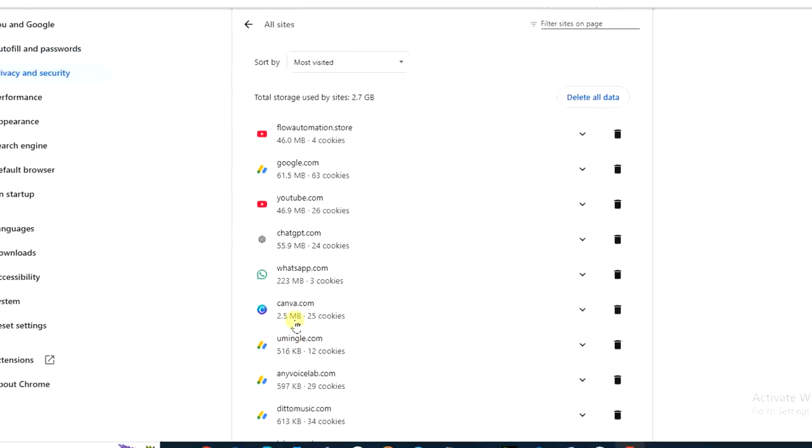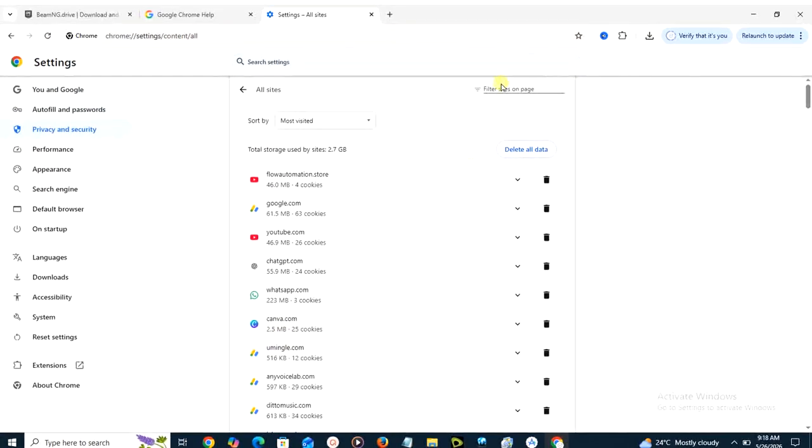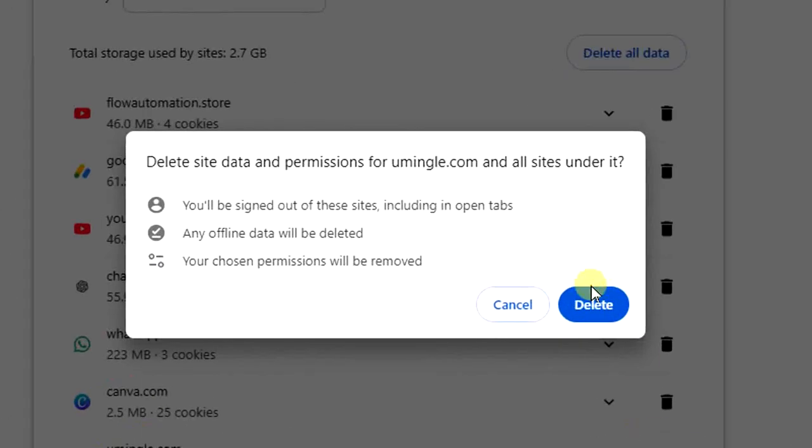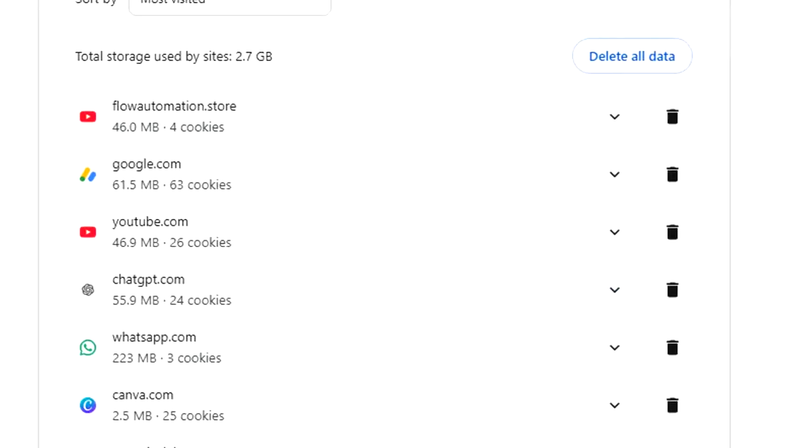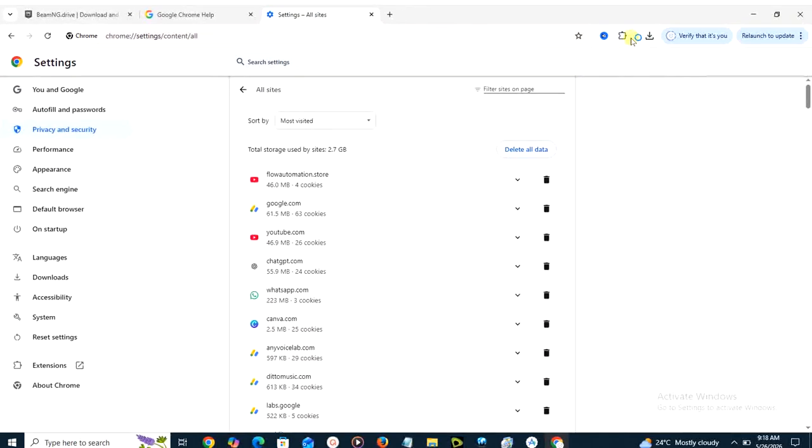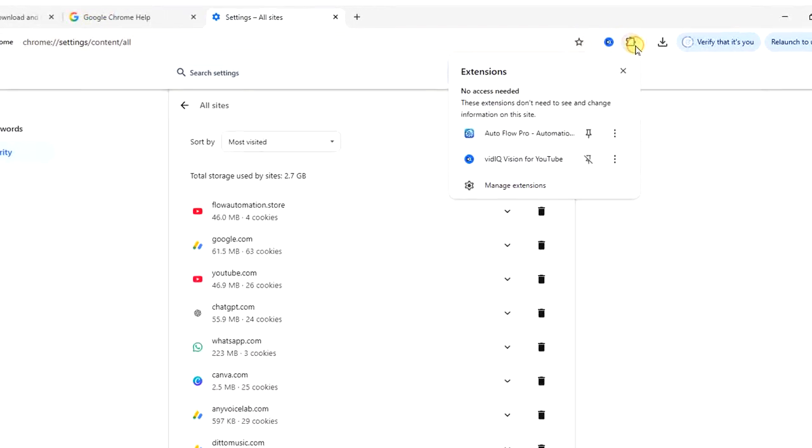Click on that, and once you click on that, you're going to search for the website that is having that issue, and you have to delete. So you just have to delete the website immediately just by clicking on that, and you're going to click on delete. So after you have done that, you have to go to extensions right here,